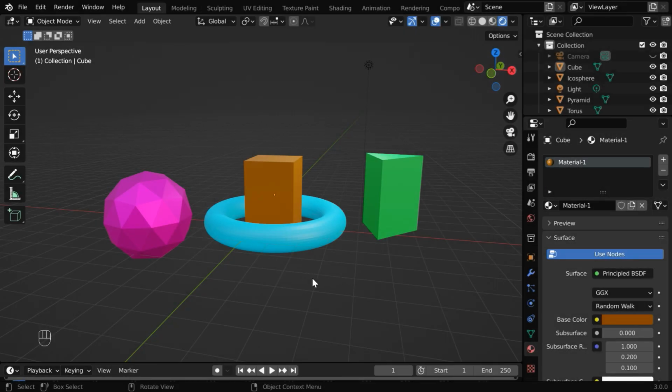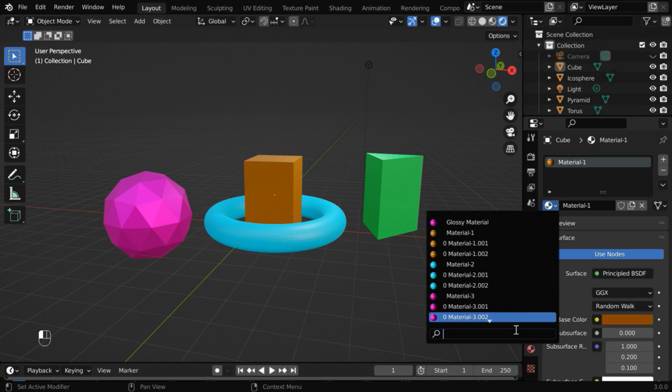When we work with multiple materials in Blender, we often create copies of our materials and objects, and end up with a junk of materials and their duplicates like this, which looks like a complete mess. So in this quick tutorial, we will learn about 3 different techniques, or 3 aspects of how to delete these